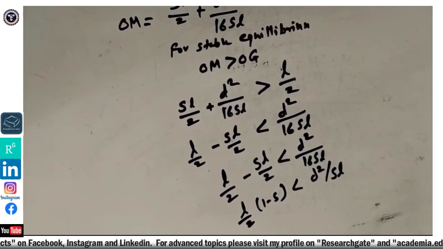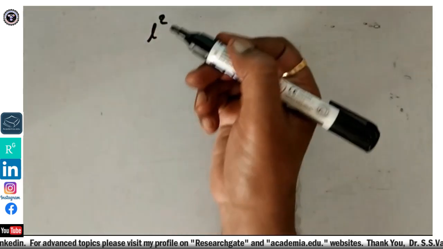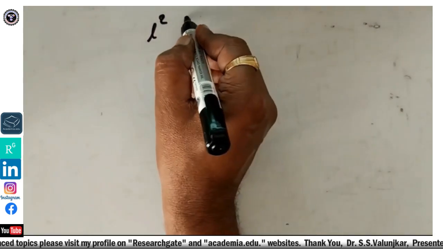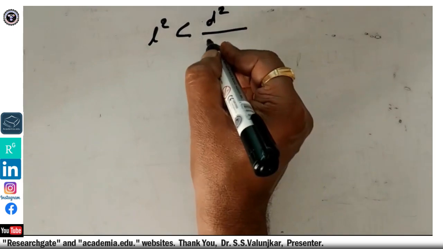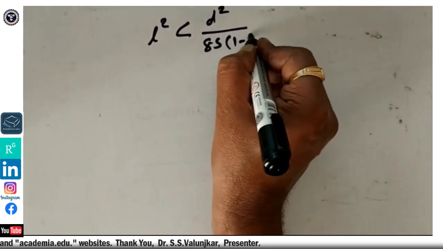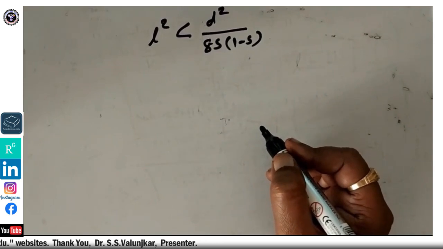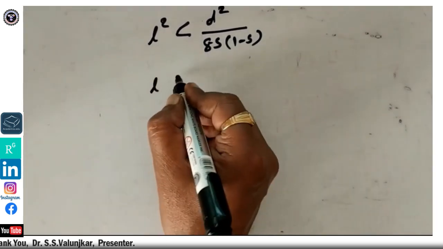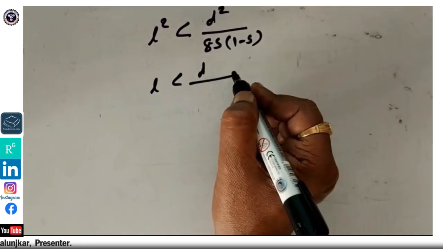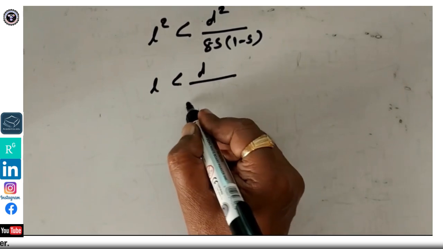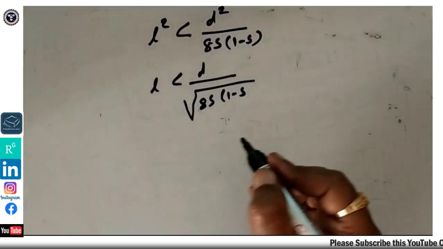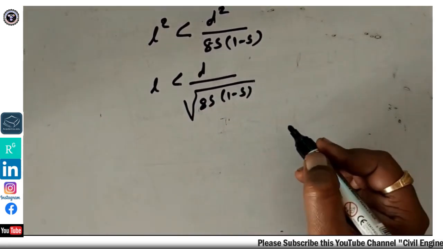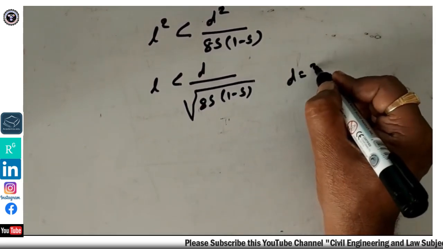So L square must be less than d square upon 8 S into 1 minus S. Okay, so L must be less than d upon under root 8 S into 1 minus S. Now in the problem what he has asked, if d is 30 centimeter and S is equal to 0.8,